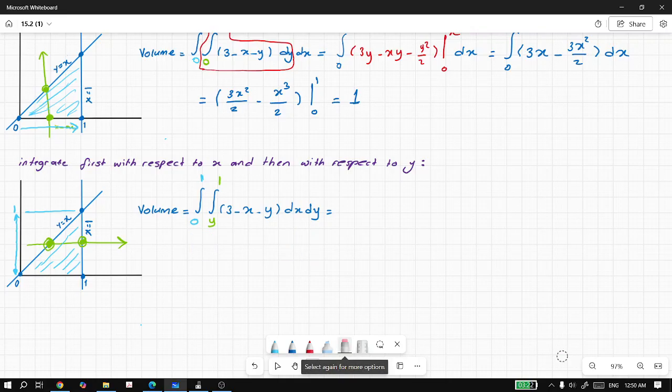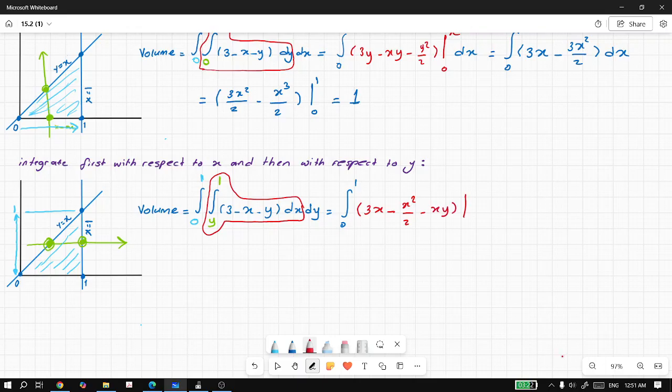Now, since we found the limits of integration, of course, taking the integral is very easy. We are dealing with the inner integral first, and then with the outer integral. So here we will have from 0 to 1, the integral changes to 3x minus x squared over 2 minus xy, running from y to 1, dy. Inputting y and 1 into this function 3x minus x squared over 2 minus xy, it gives us the result